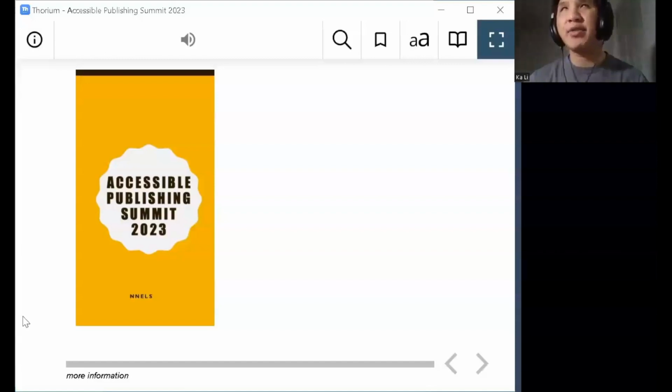because in a lot of books that are technically accessible, the alt text for these images just contains the name of the book and the author, and we at NNELS don't really find that to be very meaningful or an equitable experience because we believe that readers should have access to this information as well in social contexts, such as in a book club or talking to a friend. They might be left out of the conversation if they don't know what the image is for the book. So it's important to include alt text even for your book covers and not just for the images in your book. Let's move to the next section.